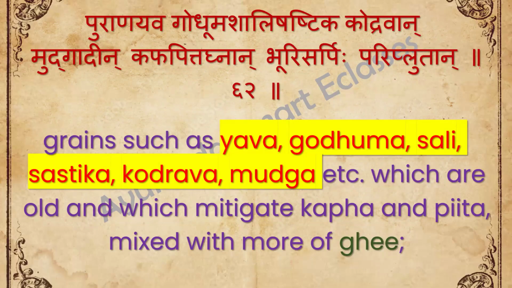Puranayava Godoma, Shali Shashtika Kodravan, Mudgadin Kaba Pitagnan, Bhuri Sarpihi Paripludan. So grains such as Yava, Godoma, Shali, Shashtika, Kodrava, Mudga, etc. That is Purana Yava, Purana Godoma, etc. And also those which mitigate the Kapha and Pitta, Bhuri Sarpihi, mixed with more ghee, is beneficial for